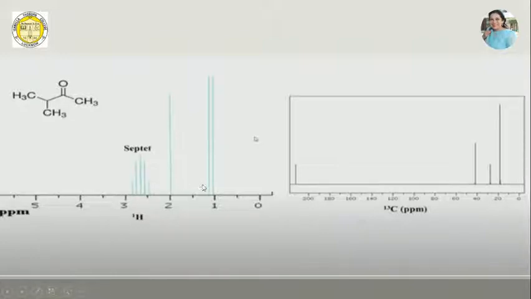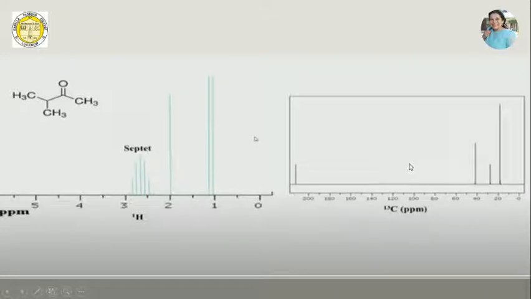So what can we see? This is a doublet. If this is a doublet, obviously it belongs to these two hydrogens here, and because of the hydrogen sitting here, it has been split into a doublet. And then the singlet, probably at 2, is because of these hydrogens at the methyl, and the septet is because of the CH hydrogen sitting here.